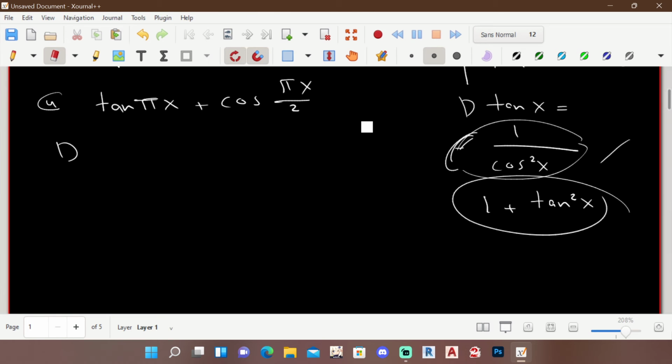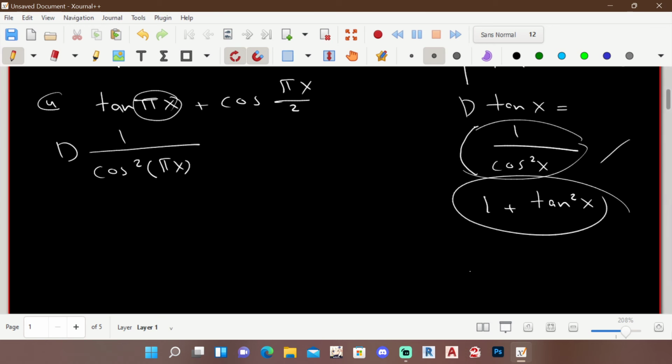Oh, you can't see my cursor. Okay. Oh, I'm pointing, just pointing. Okay, so I'm gonna use this one. And just remember that here we've got pi x, so it's gonna be cosine square, and we've got pi x, so it's gonna be like this, plus